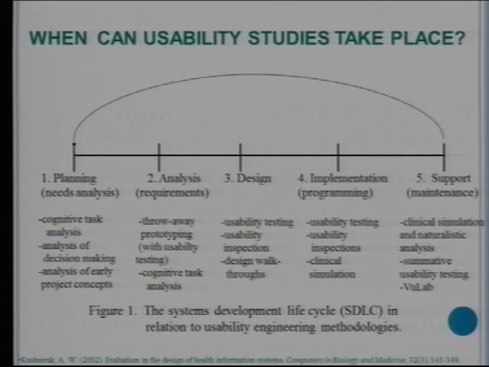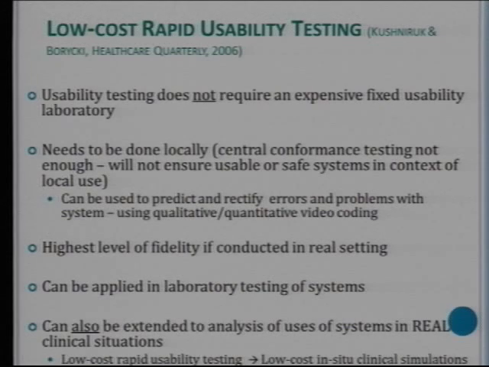So if someone asks, when can you use this, it's not just for if you're the designer of a system in a company. It's across the entire spectrum. So that's what I call low-cost, rapid usability testing, that it doesn't require an expensive fixed usability lab. There's reasons for using those, but in many cases you don't need it. And the other argument is if you're testing systems, you need to also test them locally. If I have a conformance testing lab or usability lab in Toronto or Chicago and it says X product works, and I bring it to my hospital, there's no guarantee it'll work in my hospital with all the interfacing technologies. So what we're saying is we still need centralized testing, but we also need low-cost, efficient ways to ensure systems are safe in our local environment.